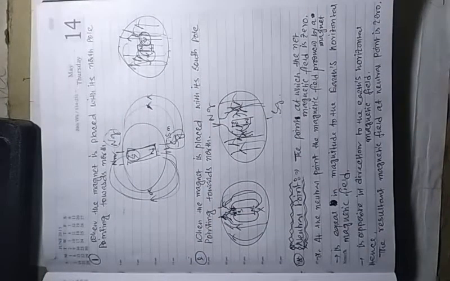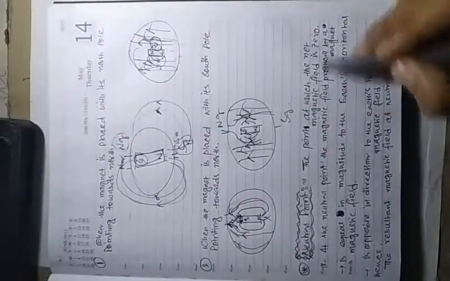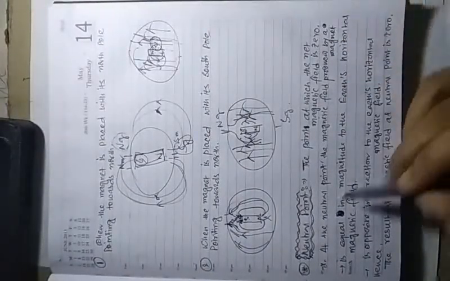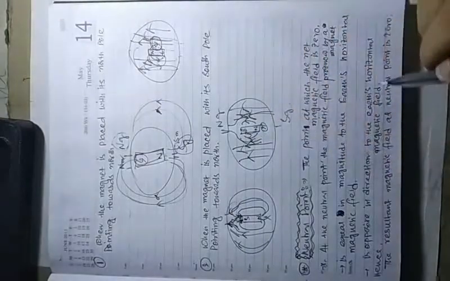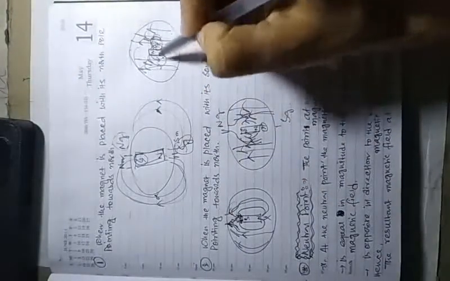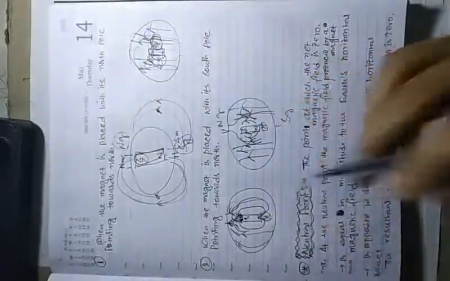I have explained this in your book, and if you read it you can understand. They are the points at which the net magnetic field is zero, called neutral points. So what happens if you keep a magnetic needle in this position, students? What happens here, beside, above and below? You can see it will show any direction.